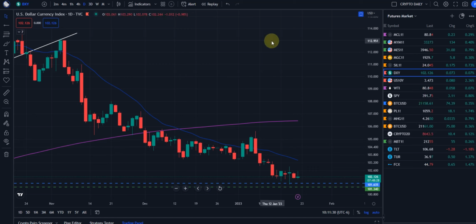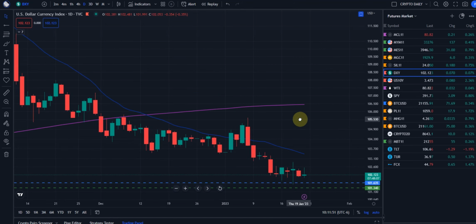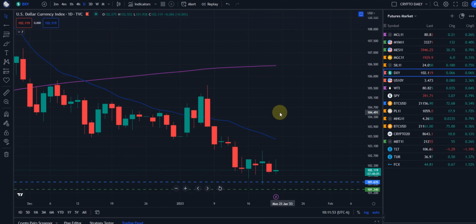All right, guys, here we go. We're going to take a look at the micro futures today. But first, we're going to take a look at the US dollar. A lot of people don't give the dollar enough credit for how much influence or control it has over our commodities, stocks, even crypto near term. So we want to kind of review the dollar real quickly.